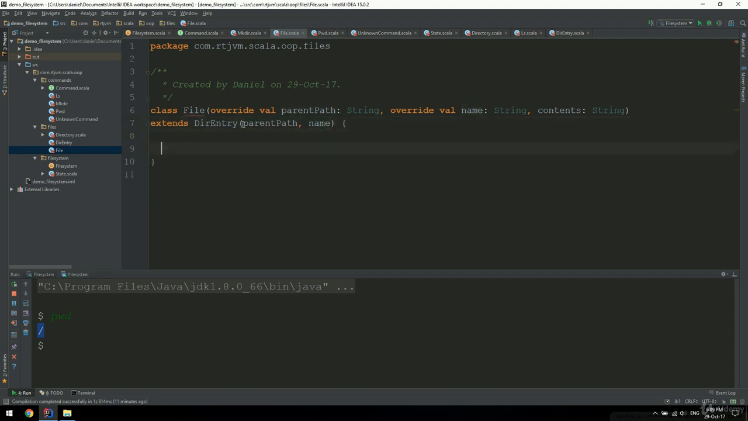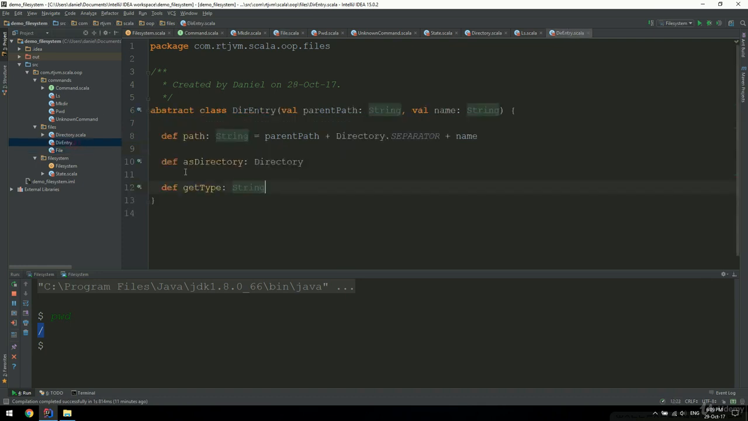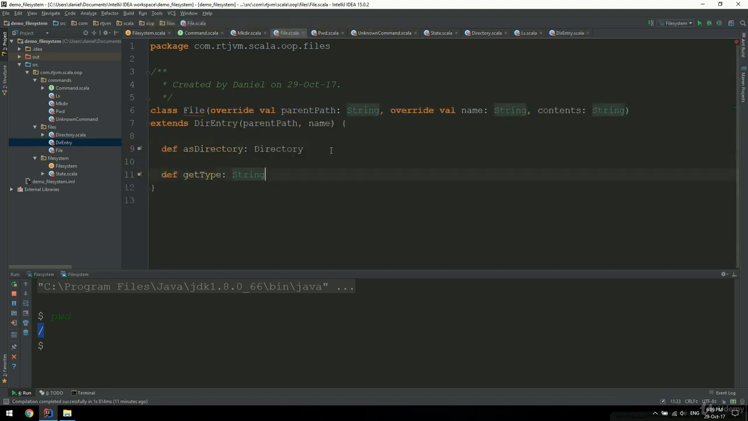Okay. Now, I need to override some methods here. So let's see what we need to override. These guys. Path is already written, asDirectory, and getType. Cool. So I'm going to copy these and paste them into File. So asDirectory, a file asDirectory will throw an exception because a file cannot be converted to a directory. So we're going to throw new